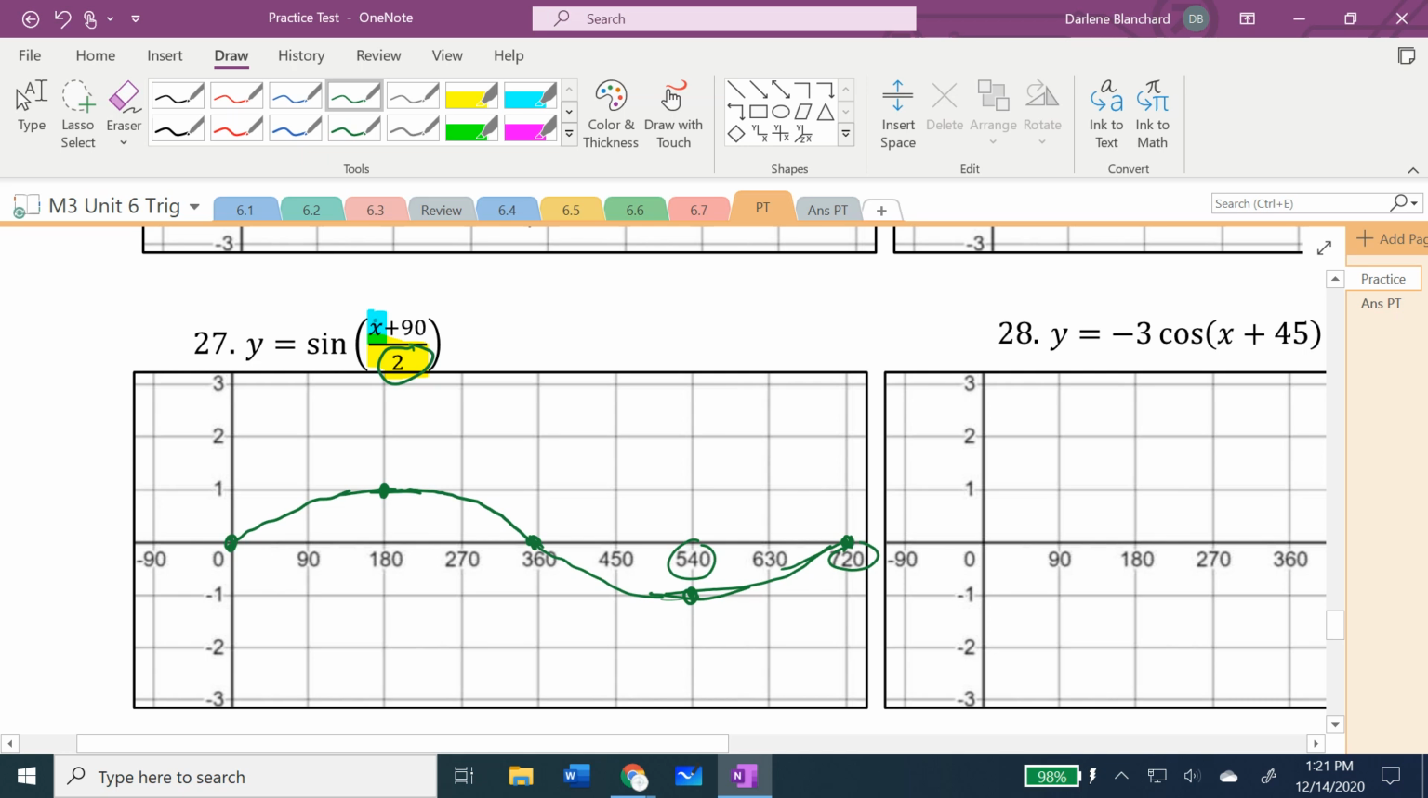Now, I want to look at the addition and subtraction. There's an understood parentheses around that x plus 90. Whatever operation is happening to x, the opposite operation is occurring on the graph. I see plus 90, you're going to subtract 90. That means that the point 0, 0 will be negative 90, 0. The point 180, 1 will be 90, 1. The point 360, 0 will be 270, 0. The point 540, negative 1 will be 450, negative 1, and then 720 at 0 will be 630 at 0,